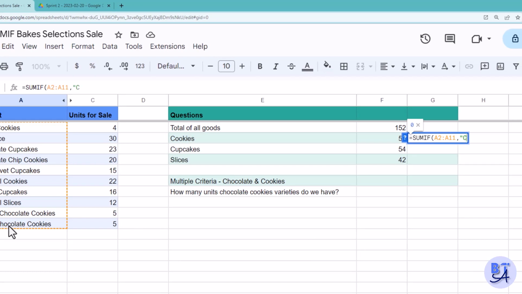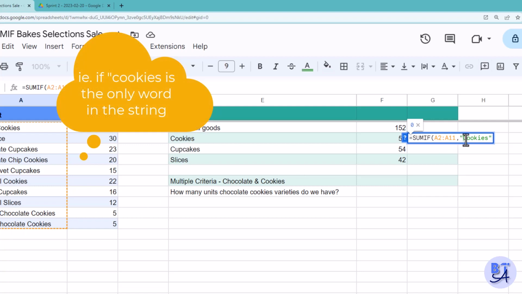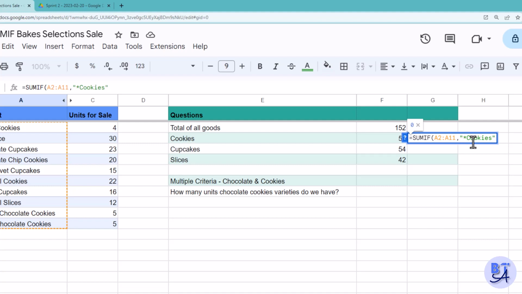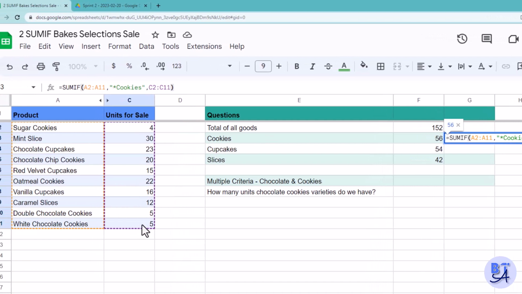In this case, cookies. But this is only going to tell Google Sheets to look up if it equals cookies. In our case, we want it to count it if it has cookies at the end. So we put an asterisk as a wildcard before cookies. And then the range that we want it to count.